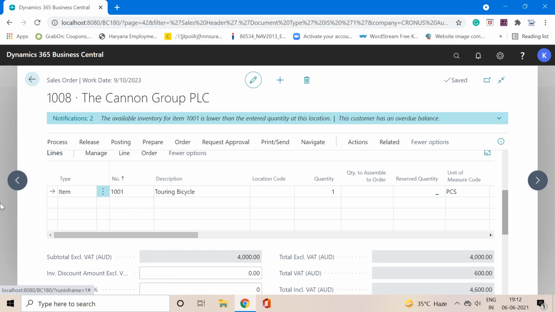So now we all know exactly what the difference is between the warehouse setup and the location card. The warehouse setup only works for blank locations. Whenever you are making any transaction or process where you have not defined any location, the warehouse setup configuration will come into the picture.